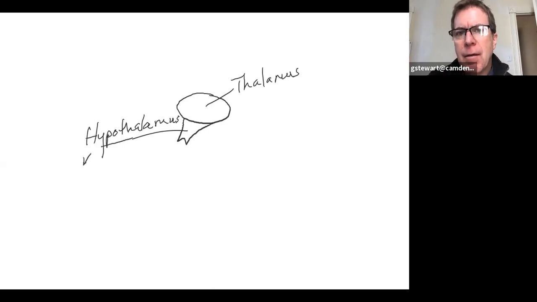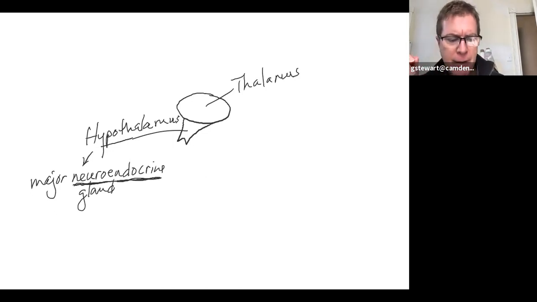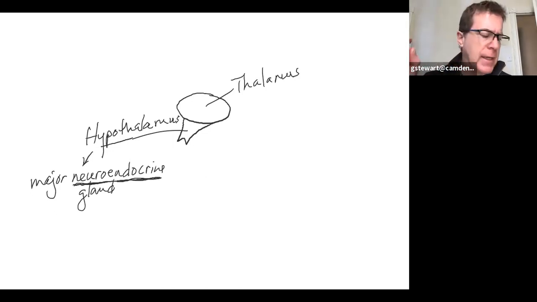This is the major neuroendocrine gland of the human body. It's made of both neural and endocrine tissue. So it has neural tracts and secretory cells that can secrete hormones as well. It's a dual organ. It's wildly complicated. If I have time, I'll go into more of its specifics later, but suffice it to say, this is the